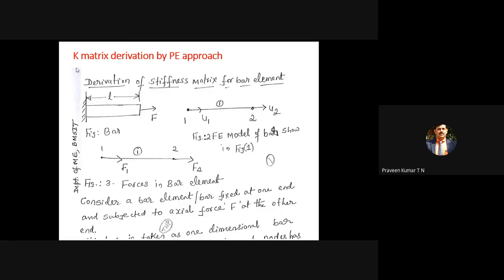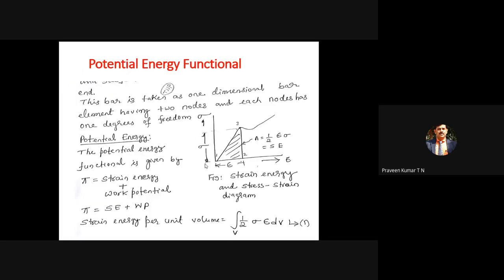Don't assume that even though at node 1 the displacement U1 is equal to 0, you stop retaining it. Till the end you retain U1, because in some cases there may be displacement at node 1 also. Corresponding to the displacements, at node 1 the force is F1 and at node 2 the force is F2. That part you are not familiar with.